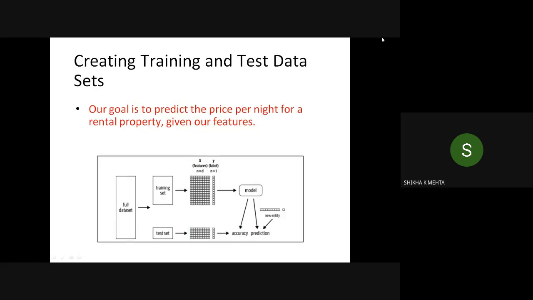Now, in order to develop the machine learning model, what do we do? We create the training and the test data set. So what do we do? In order to understand the accuracy of the model that we are going to develop,